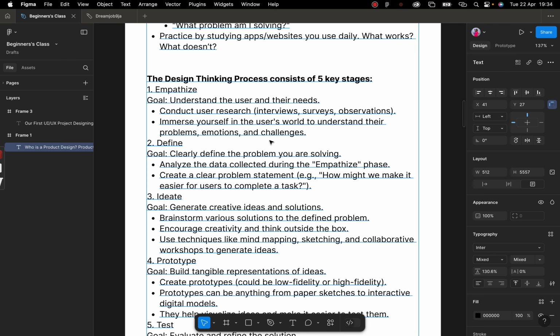Define the problem. The problem could be so many processes in just applying for a job. The problem could be